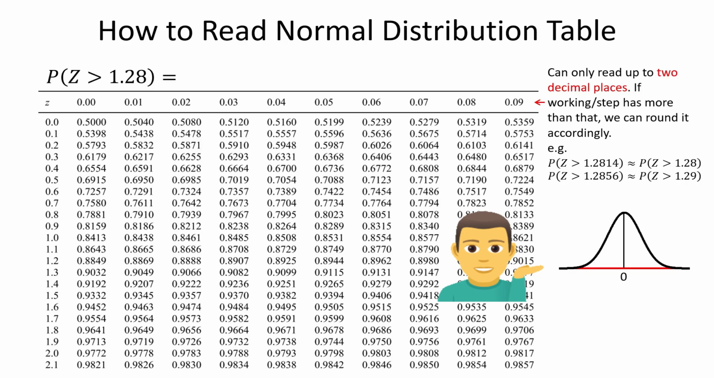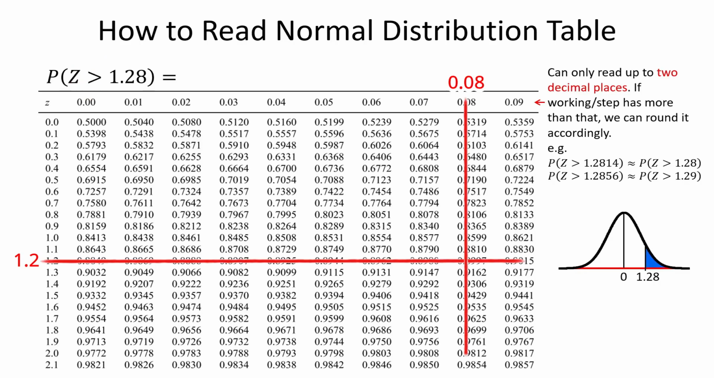Consider this bell-shaped curve. The value 1.28, a positive number, represents a point located on the right side of the curve. Let's mark it here. On the other hand, the direction of shading depends on the symbol, and for this case, we should shade the area to the right. From the table, 1.28 corresponds to